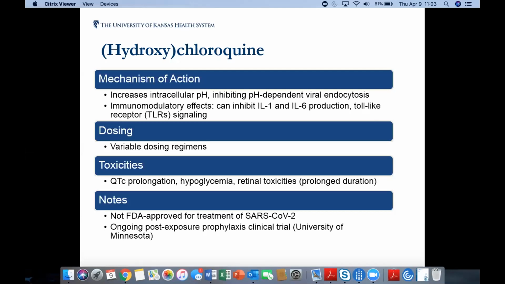The biggest toxicity in these patients, especially acutely, is QT prolongation. Some of the toxicities that you can see with prolonged durations are retinal toxicities, but they're unlikely to manifest in patients that are only going to need 5 days of therapy. There is an ongoing post-exposure prophylaxis clinical trial for household contacts as well as healthcare workers that come into contact with the virus, being conducted at the University of Minnesota. I think there's another one at Duke University,